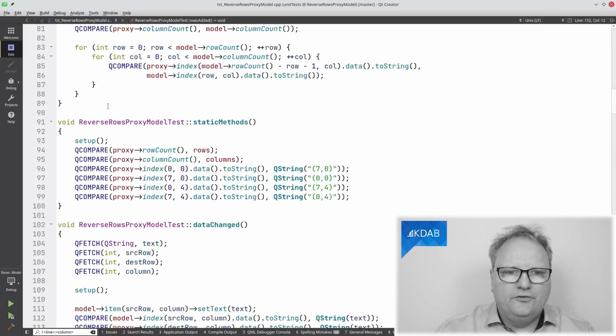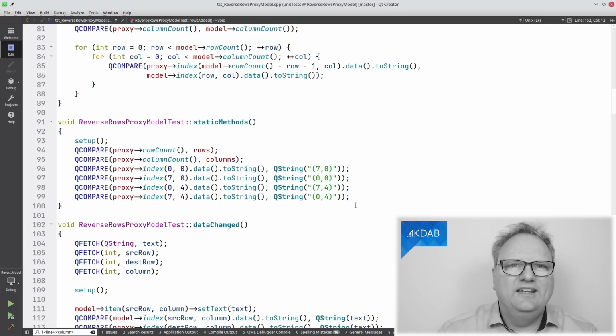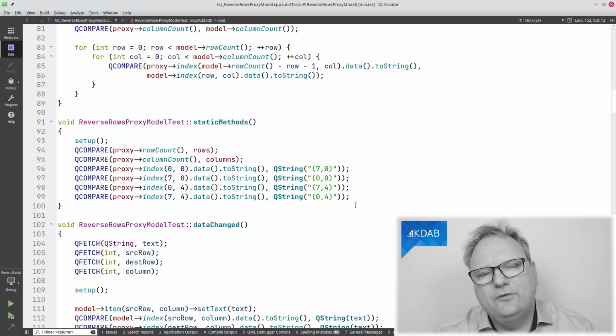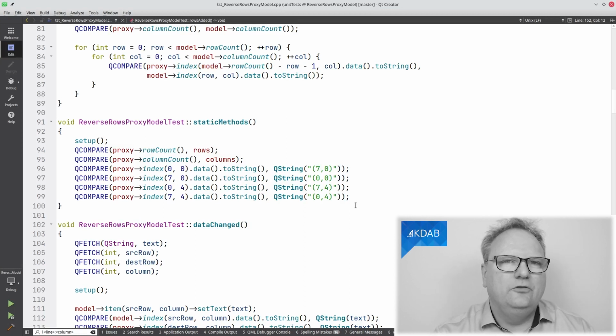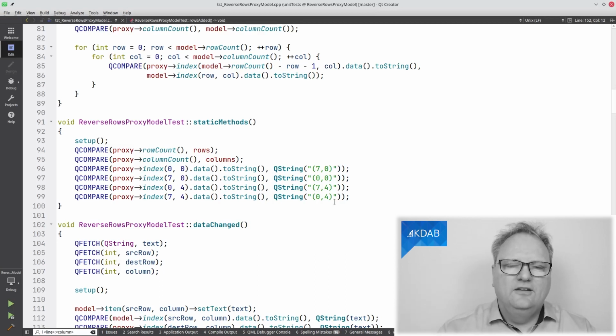So here is my first real test case. It's simply testing that the row counts are correct, that the column count says the right things, that some of the data is correctly flipped. So again, it's one of those things when you write your unit tests: be careful that you do not rely too much on knowledge insight like I do up here. It could be totally wrong, just by this code being wrong here. So instead, let me just hard code in the expected result for some of them at least, so that I have a pretty good feeling that it's doing the right thing.